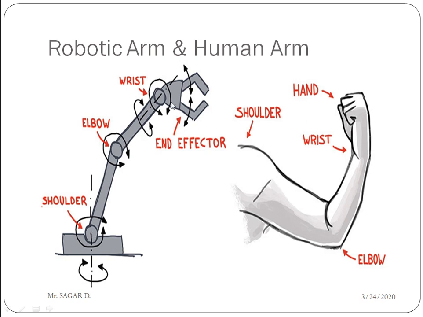If we compare this robotic arm with the human arm, then this is a shoulder joint, elbow joint and wrist joint, which is analogous to the human arm, and these are the end effector. This portion of the human arm is the end effector, that means fingers. That is also called the gripper. So that part is the end effector. At the shoulder, a revolute motion is provided. Then the elbow joint and wrist joint.